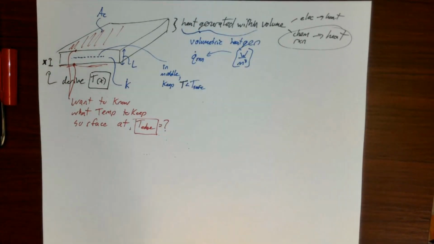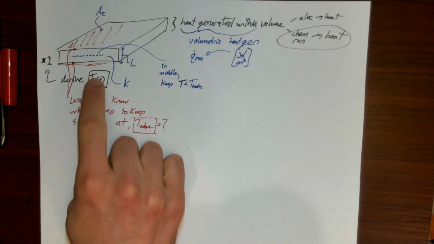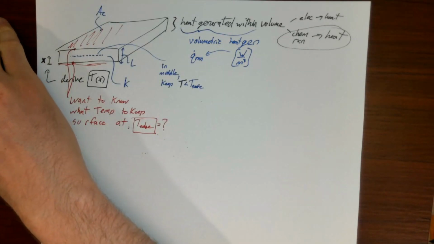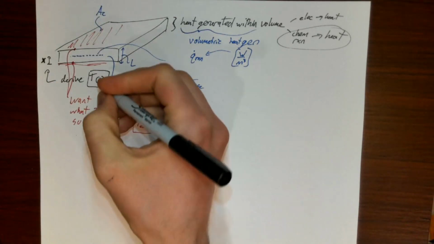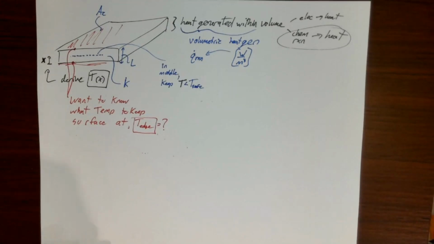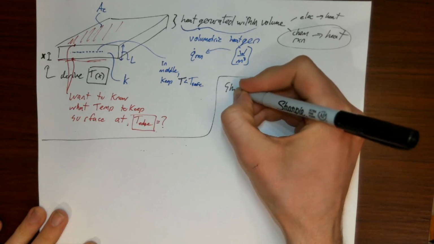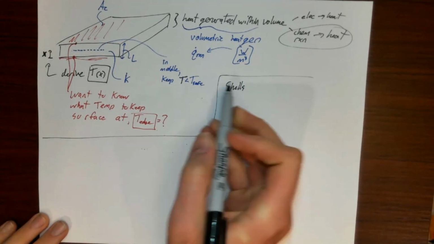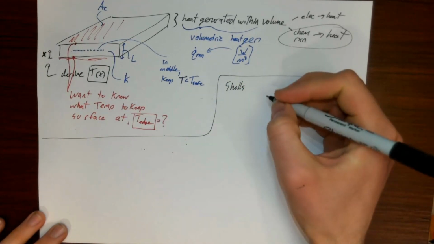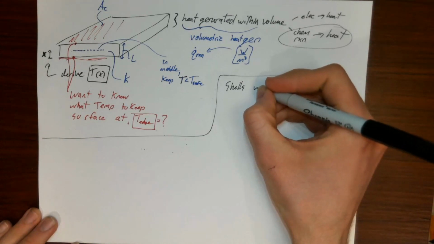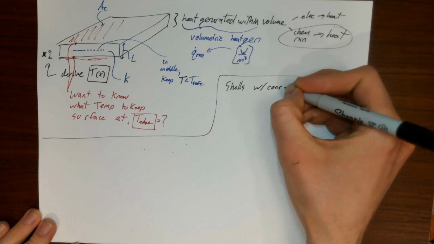So we're going to use shells to derive this temperature profile, only instead of using conservation of mass and momentum, in this case, we're going to do it with conservation of energy. So what's our problem-solving strategy? We're going to use shells, because shells basically allowed us to derive profiles. So we're going to use shells to derive T of x with conservation of energy